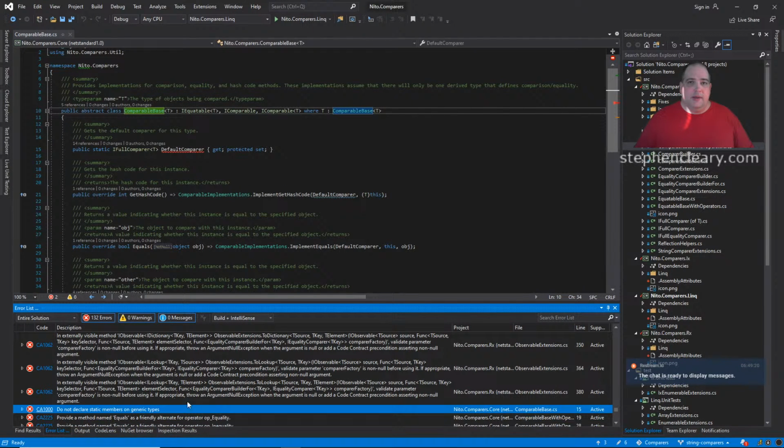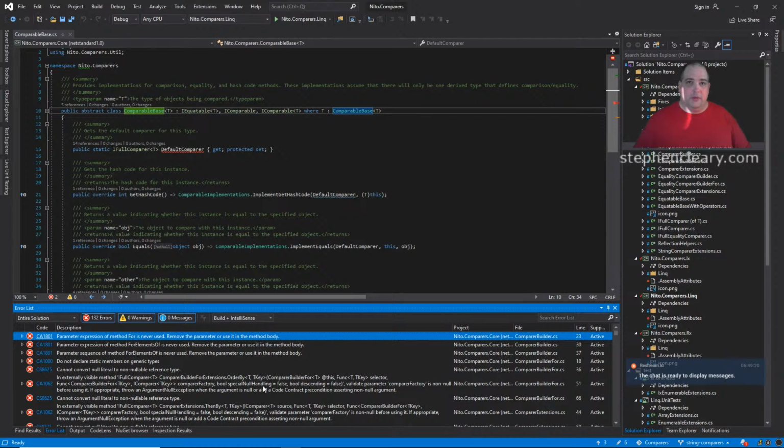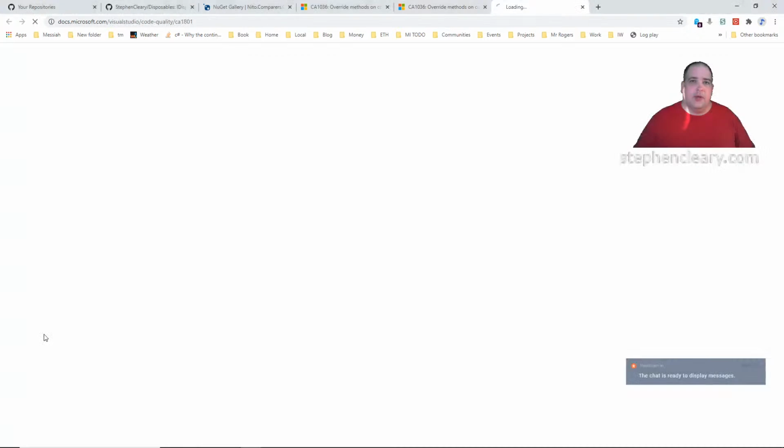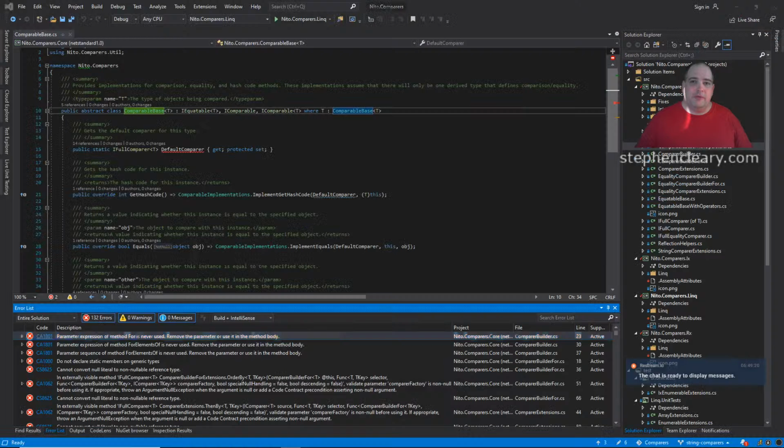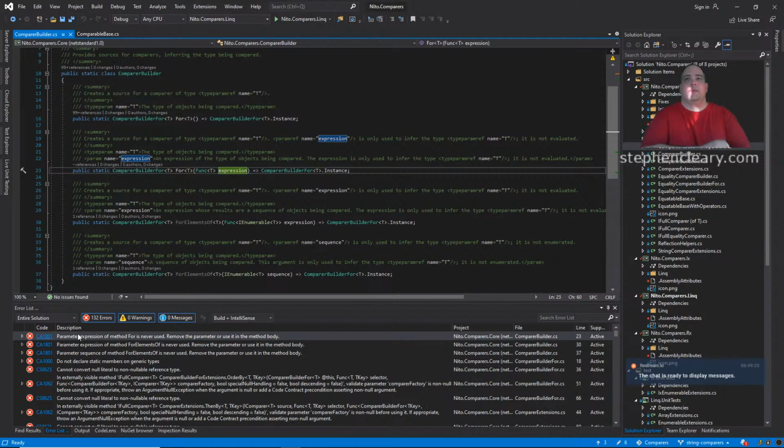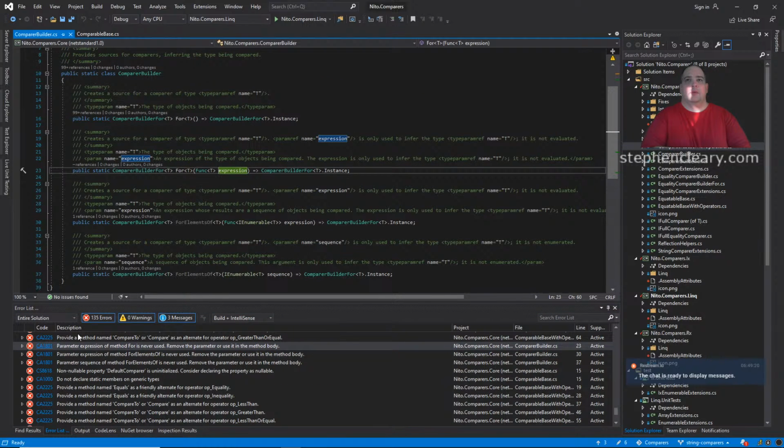Alright. Well, let's see here. Let's go back up to the top, walk through it one at a time. Parameter expression of method 4 is never used. That's actually deliberate,